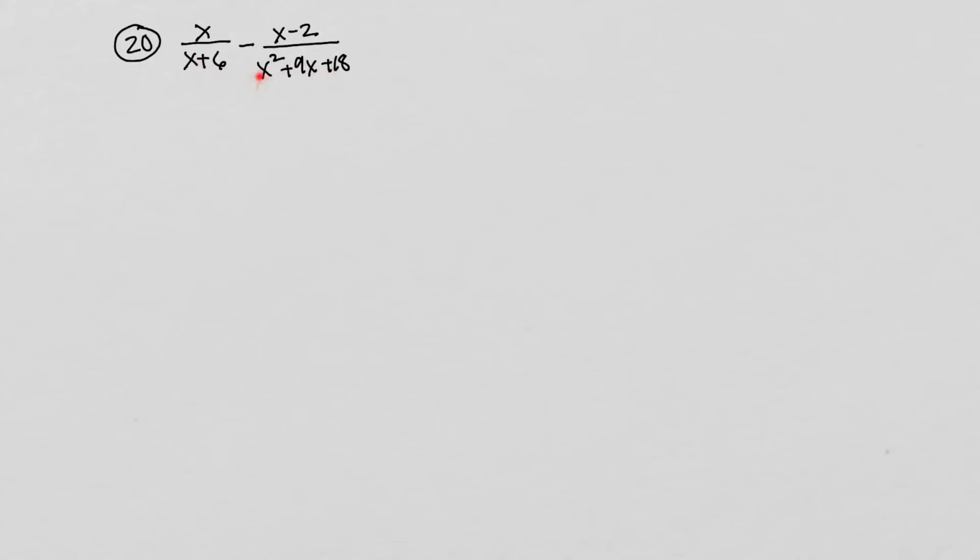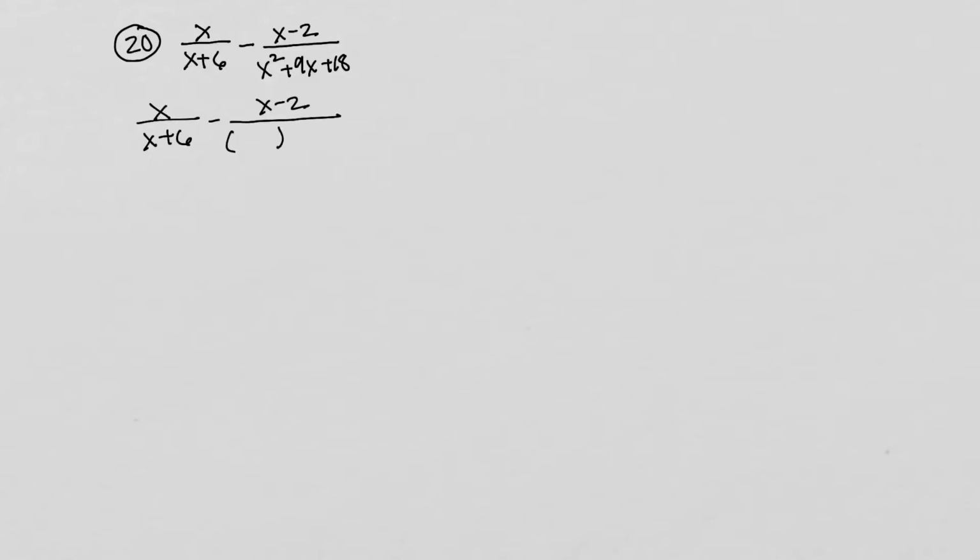So let's see if we can make this subtraction. I'm going to take this rational expression, subtract this rational expression, and to do so, we need to get the LCD. In order to get the LCD, we need to factor this trinomial right here. So let's get started. We're going to have that first expression, x over x plus 6 minus, how about x